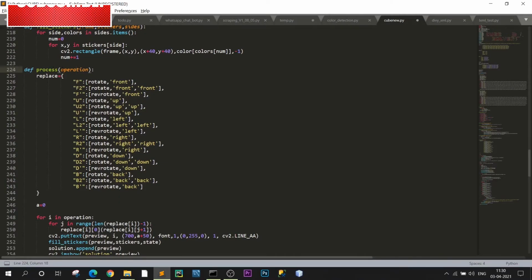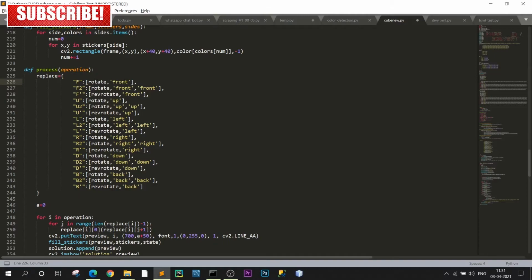Now we will talk about the process function, in which we will have operation as an input. As I have said, we have a replace dictionary, and we have to specify each and every possible operation for all the sides. For example, for the front side we will have three operations: rotating the front side in a clockwise direction, rotating twice, and rotating the front side in an anti-clockwise direction. So we will pass functions accordingly, and arguments.